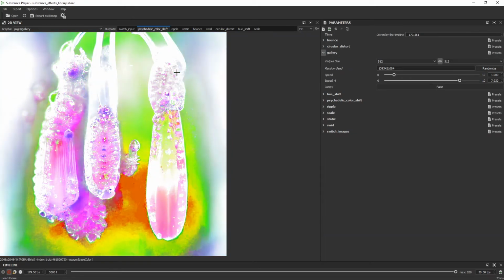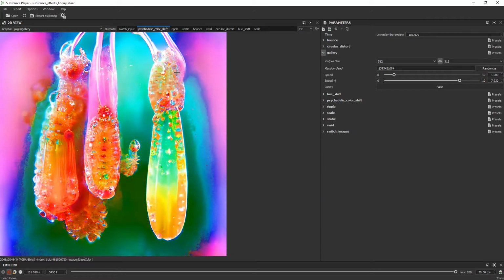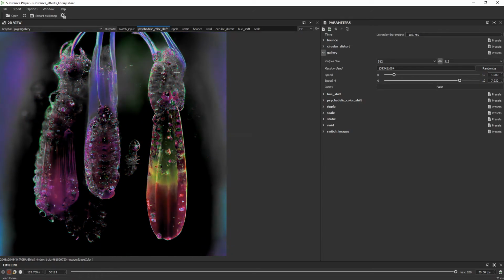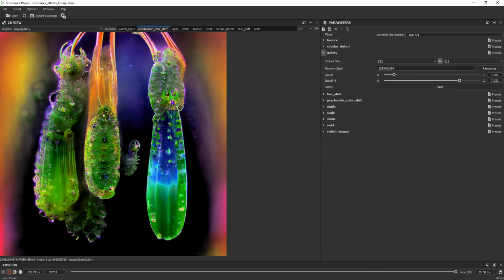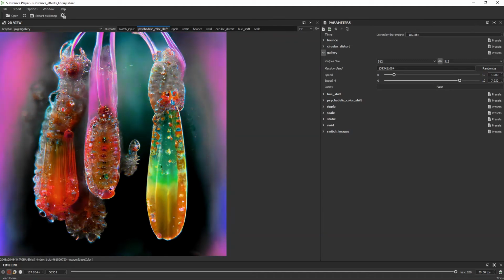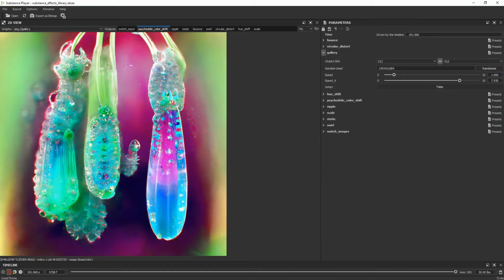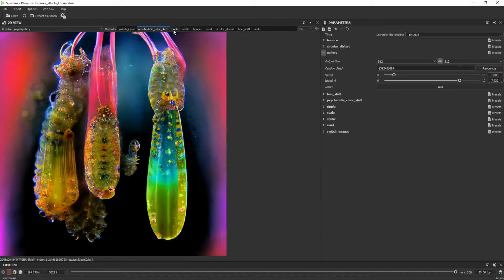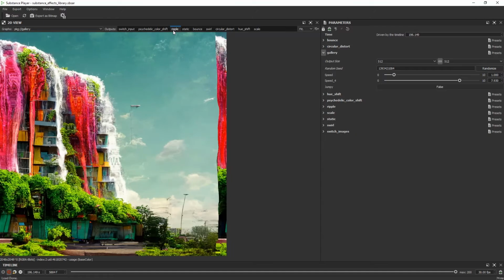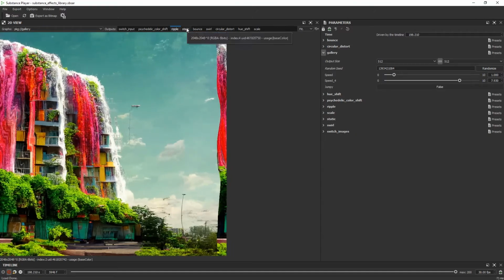I also want to talk a little bit about why I think Substance Designer is a really powerful tool for animation, especially something like this where it might not be your typical style of animation, but rather animating different effects. I got some different things here that I've been playing around with, and this is a product that I have